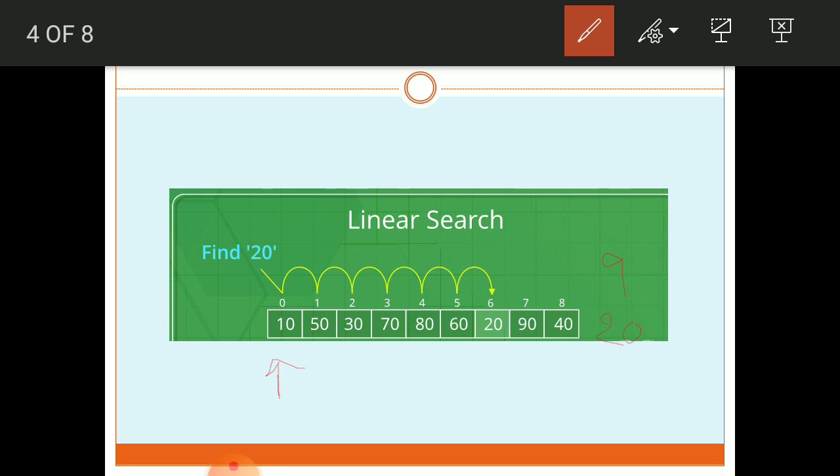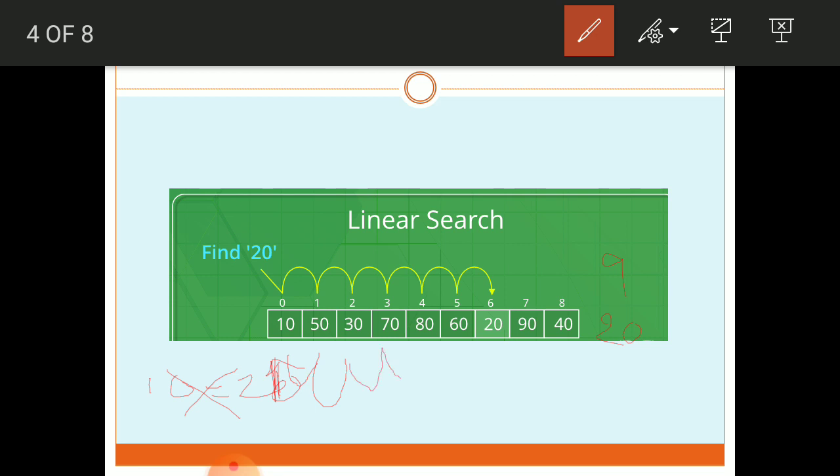Then from the first position we will check the element. In the first position I check, is this 10 equal to 20? If yes, then stop. But if no, then I have to move further. So here I move from 10 to 50, that is from the 0th position to the first position. Now again I check, is this 50 equal to 20? If not, again I have to move from 50 to 30.